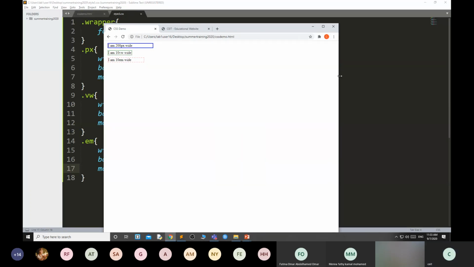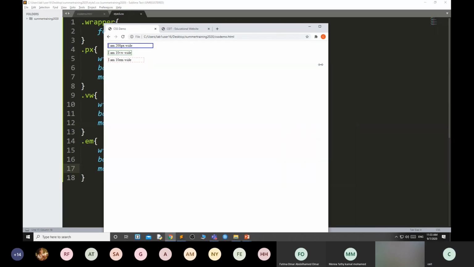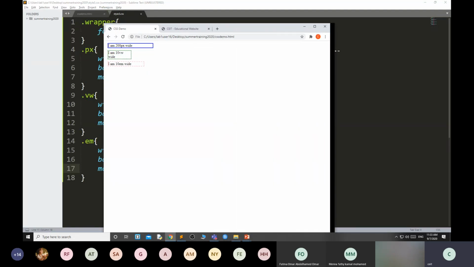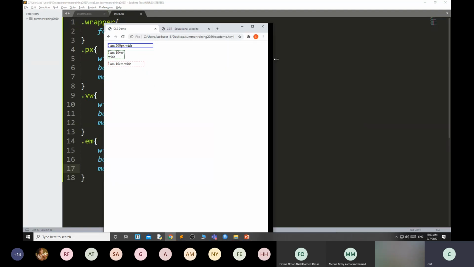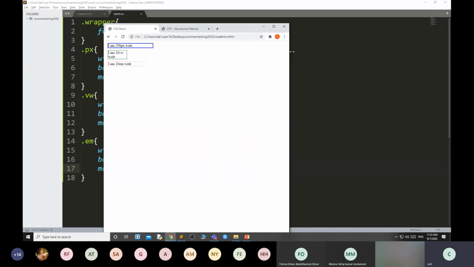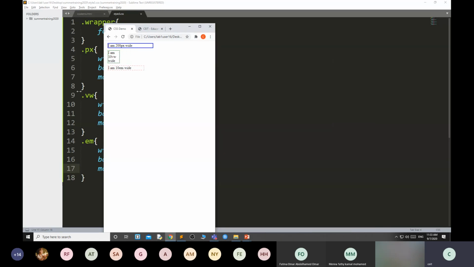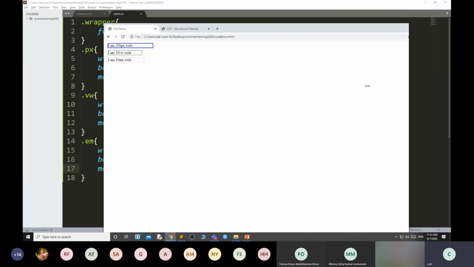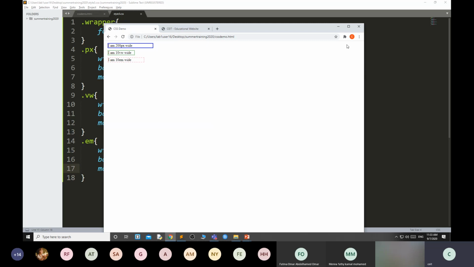That's why these are known as relative units, because they will help your web page to be responsive. But your absolute units will not get changed based on the screen size.